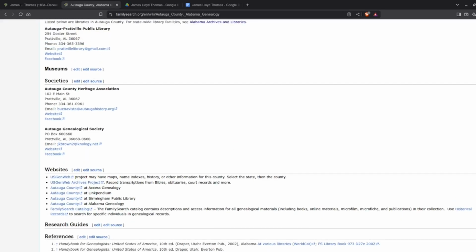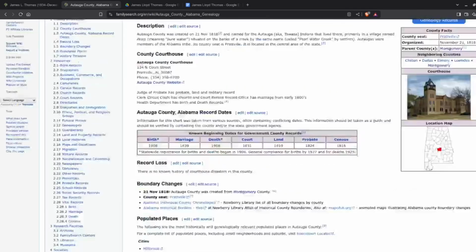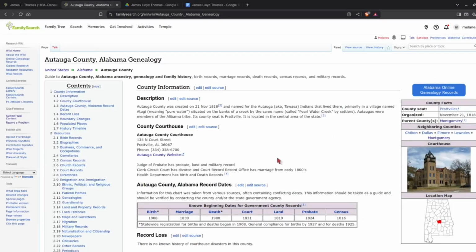Okay, so there are quite a few resources for Otago County, and I think to really understand that family, it's going to be useful to go through some of those sources. So we'll add some of those sources to our research plan. I don't know if we'll be able to get to them in this video, but we'll work on building that out. The next place to look is Jefferson